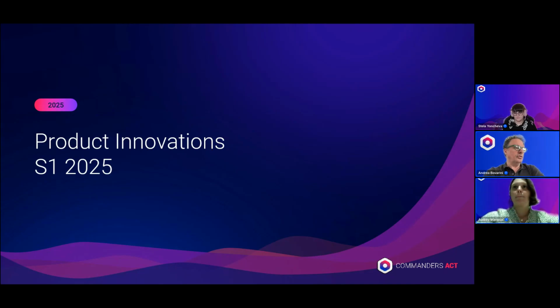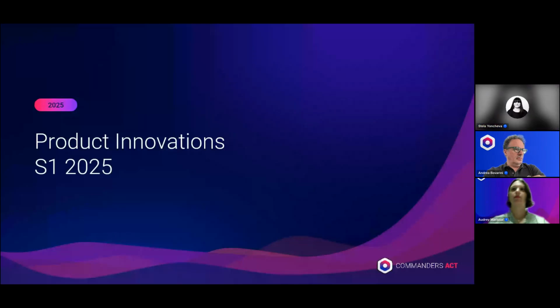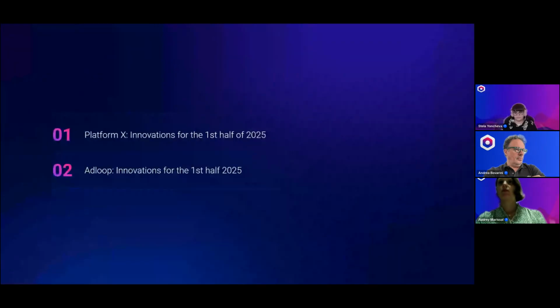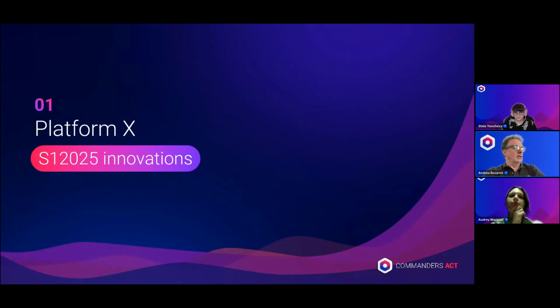So Stella, if you can slide on to the second slide. Okay, so as you said, PlatformX and Adloop are two different sections of this presentation. Let's see what the innovation is for the first half.